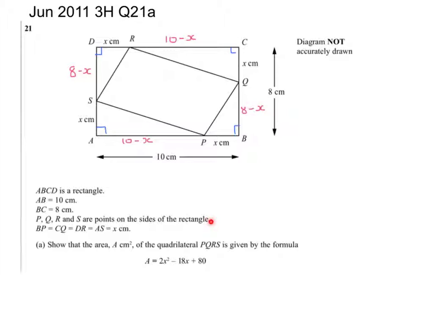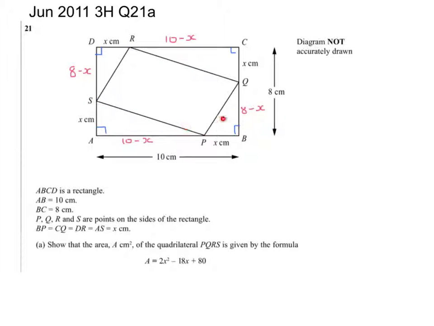Those facts are already marked on the diagram, as is the last one. BP, CQ, DR and AS are all X centimetres, that's these ones here, so they're already marked. But what I can add in here is, now I know the lengths of these bits. DS must be 8 minus X, RC must be 10 minus X, QB 8 minus X, and AP 10 minus X. The question then says, show that the area A of the quadrilateral